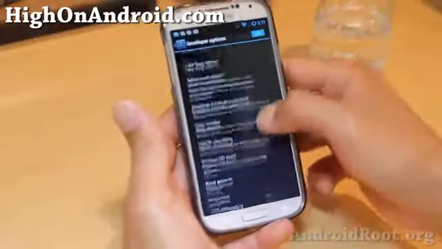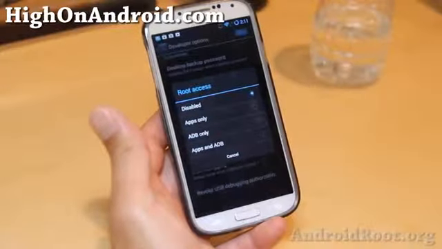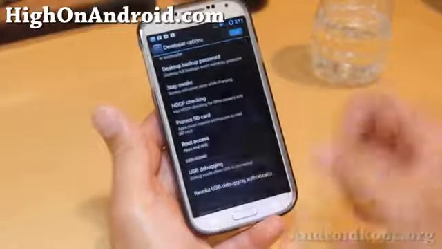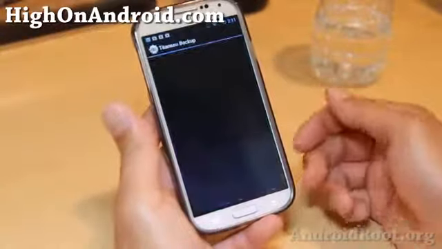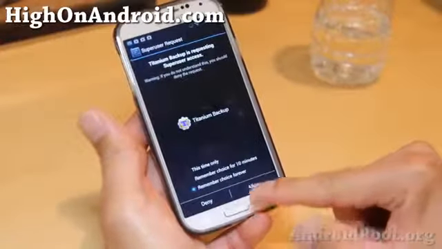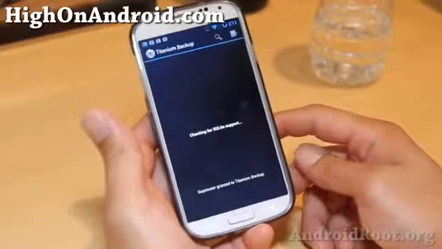Simply hit there and go down to root access. Sometimes this is disabled or only set to apps or ADB only. Simply set that to apps and ADB, allow root access, and boom shakalaka, you should have root, and you get super user requests. And that's how you do it, folks. Don't get mad and frustrated. Get even with CM10.2. Anyway, I hope that solves your problems.